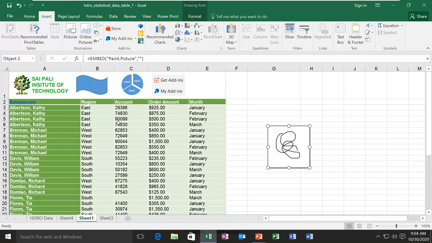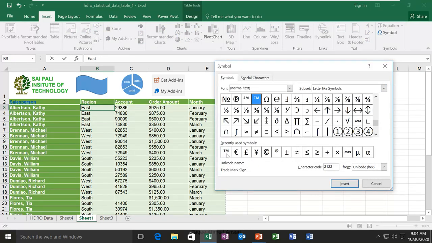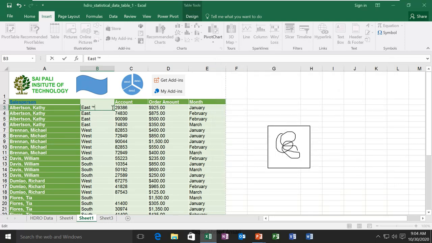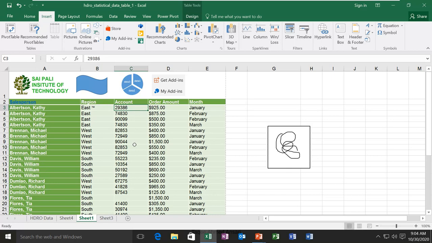Suppose if I click here in this text and I want to add some symbol, I go here and you have these symbols. Like I want to say trademark. So I click here and you can see now there is a trademark symbol.